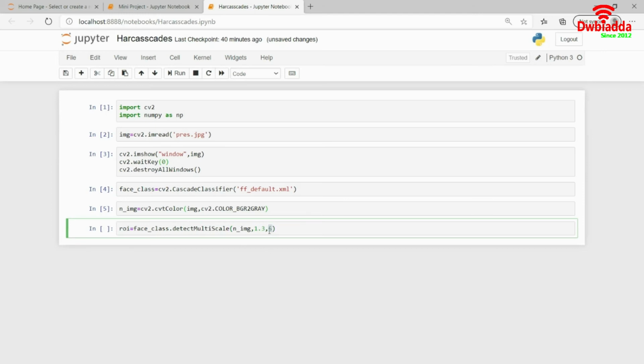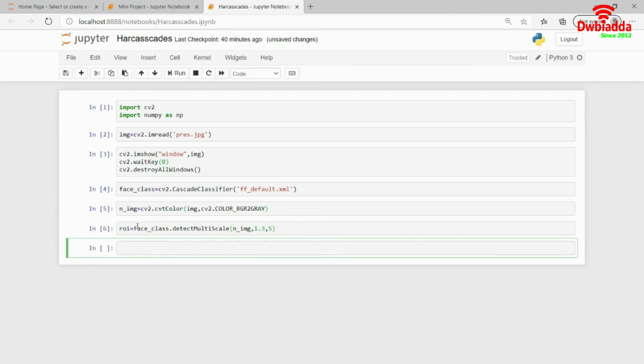These are the default values that we generally pass in detectMultiScale, and these depend upon the size of the image and the probability of finding that particular feature. Maybe you can go on the internet and research more about it. But for the sake of this tutorial, we will be using these two values, because experimentally, it has been found that these work best on the majority of images. So I will run this piece of code as well. As you can see, this piece of code has successfully run for me.